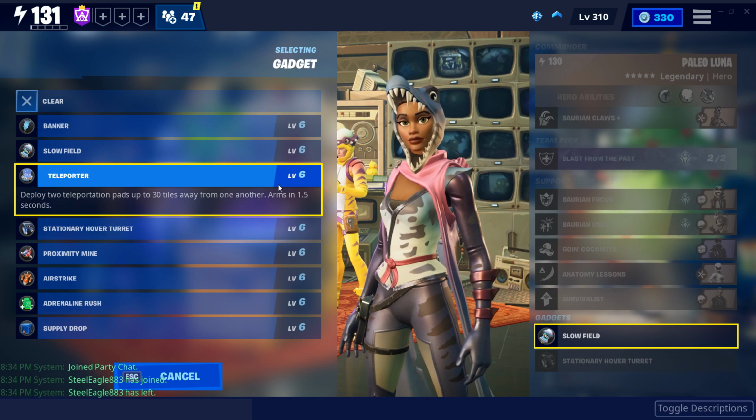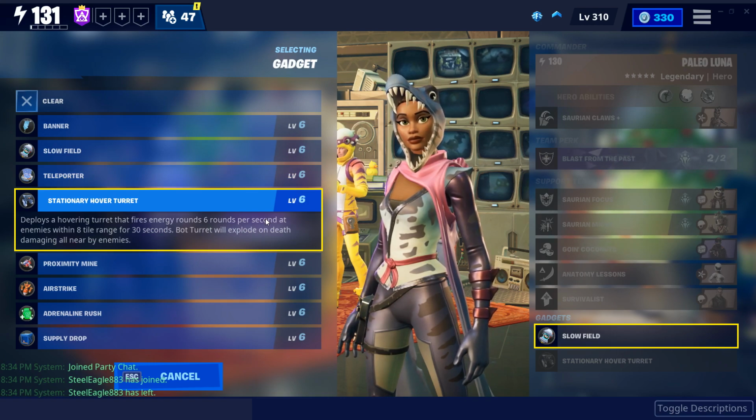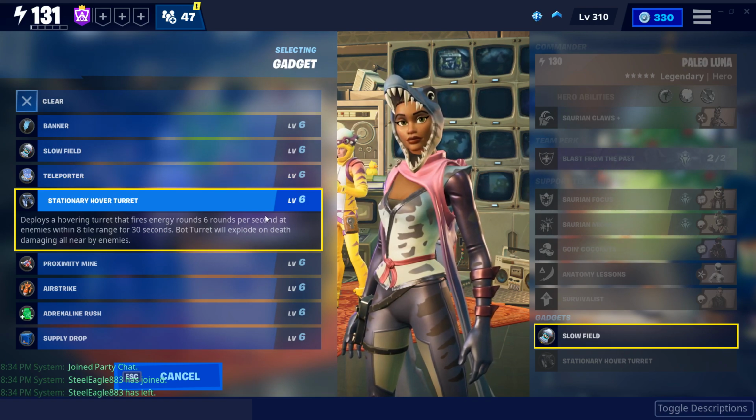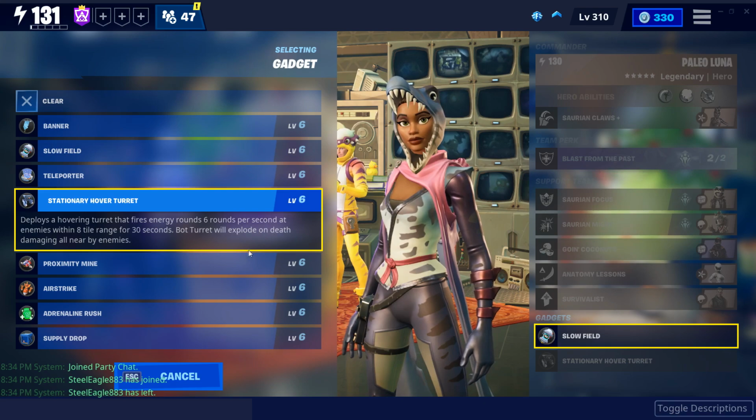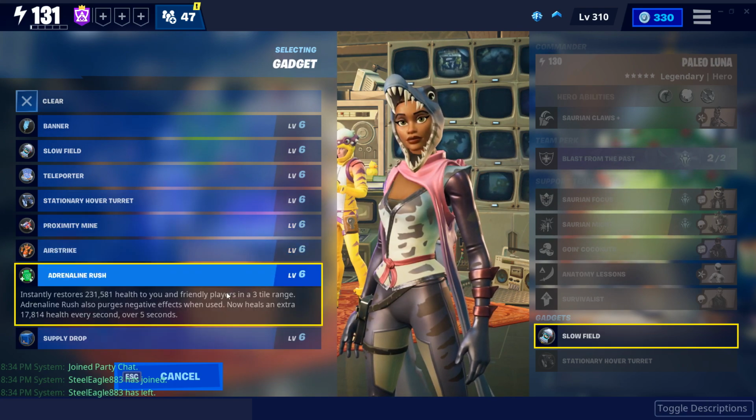I put one here, and then I put one wherever I want to teleport to, and then a hover turret. They're just basically drones that shoot husks. They're really powerful. Proximity mines, don't even worry about them, but they're proximity mines. You know what they are. You know what they do. They explode. Airstrike, adrenaline rush is just you can heal yourself with it and your teammates if you all get